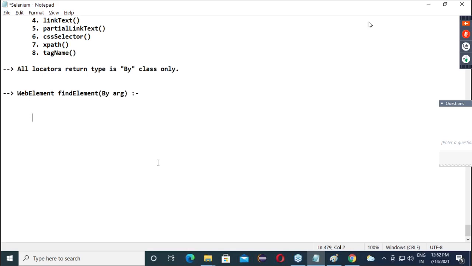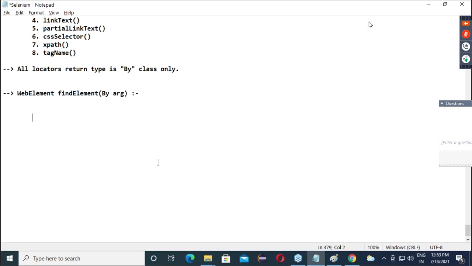Okay, inside HTML it is identifying. Anyone else? Using locator trying to find element.